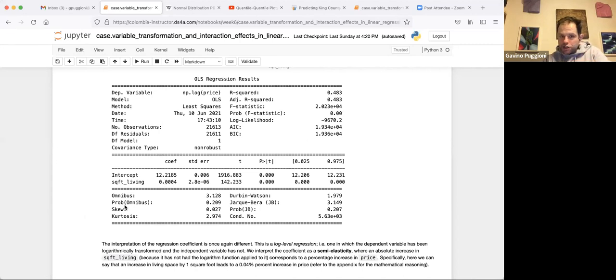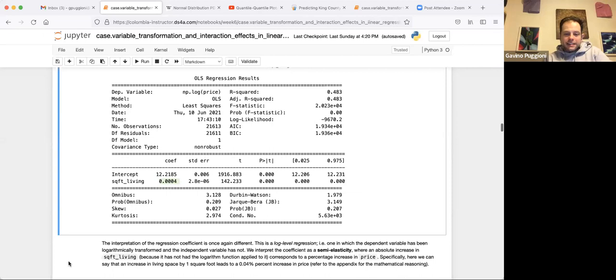It will be a change equal to 1 in square feet of living space, which leads to a percentage increase in price that is equal to this value right here. Specifically, we can say that an increase in living space by 1 square foot leads to a 0.04% increase in